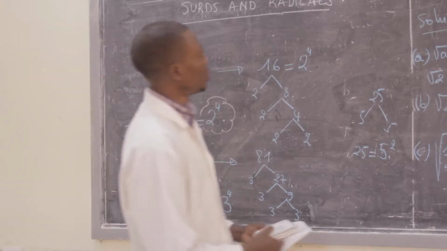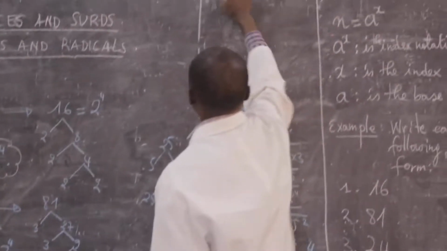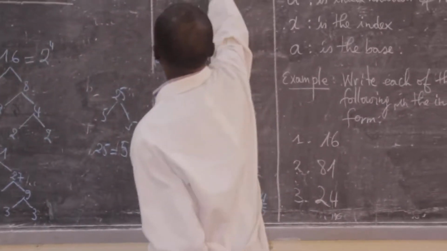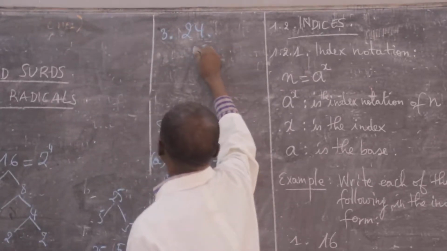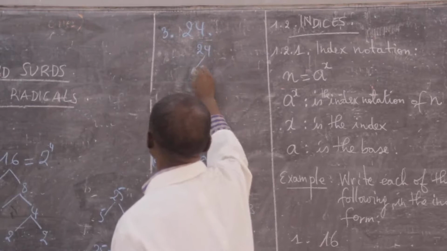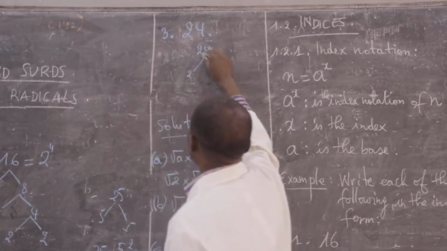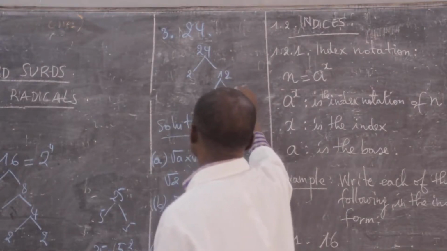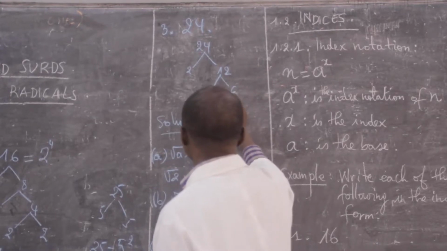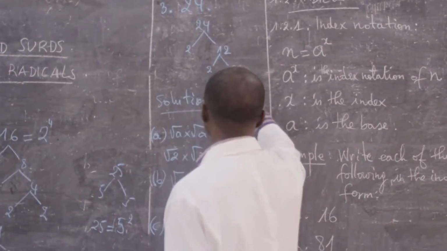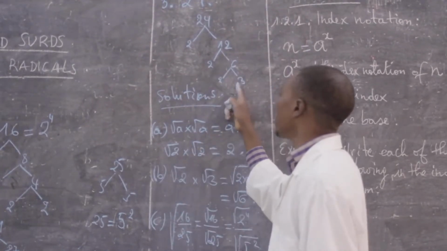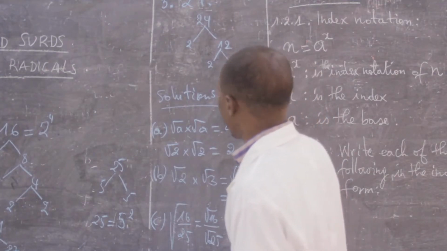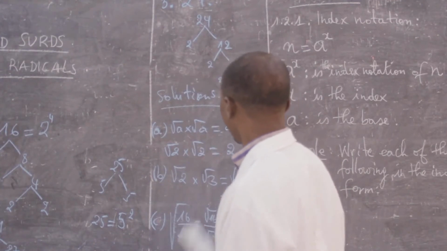Let's do the last one, which is example 3. In this case, example 3 we have 24. So let us find the prime factors of 24. You divide it by 2, it is possible. Then you get here 12. 12 you divide it again by 2. You get here 6. You remember that 6 divided by 2 is possible. You get 3, but 3 cannot be divided by 2. In this case, we stop. So we are going to see that our 24, I'm going to print this.